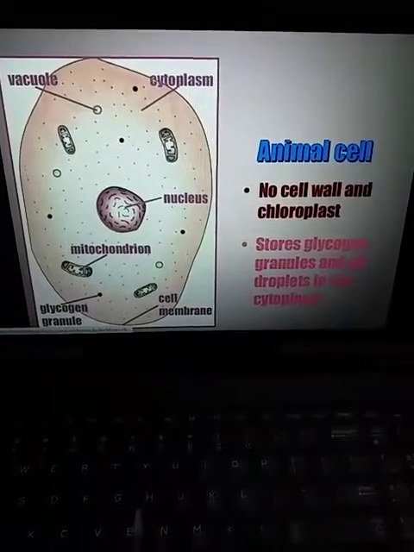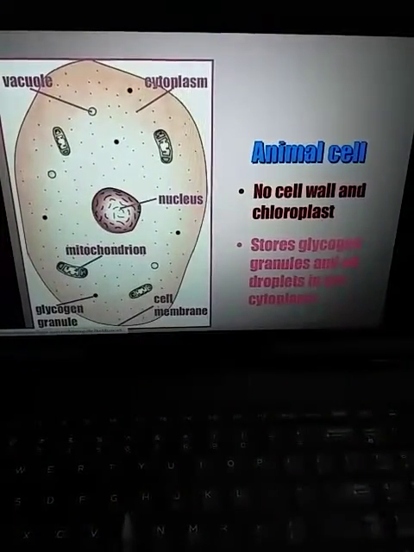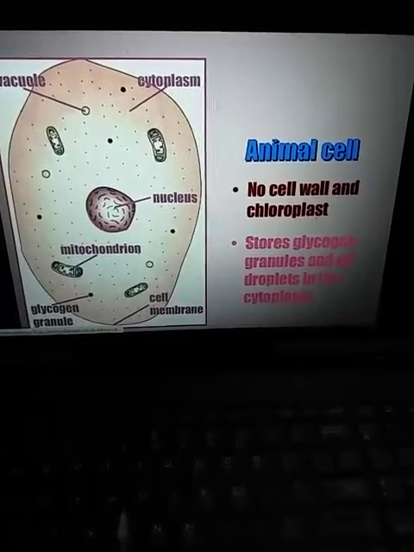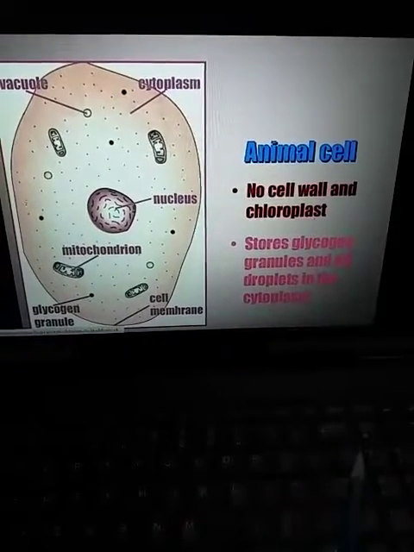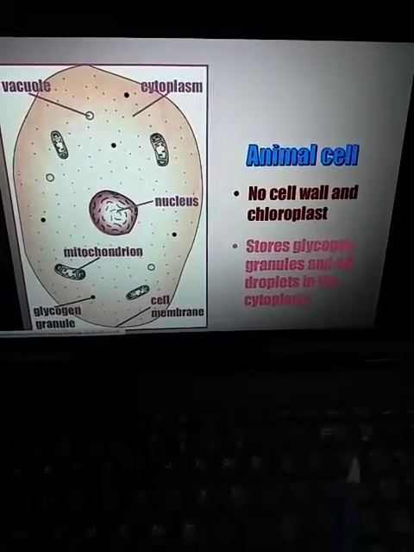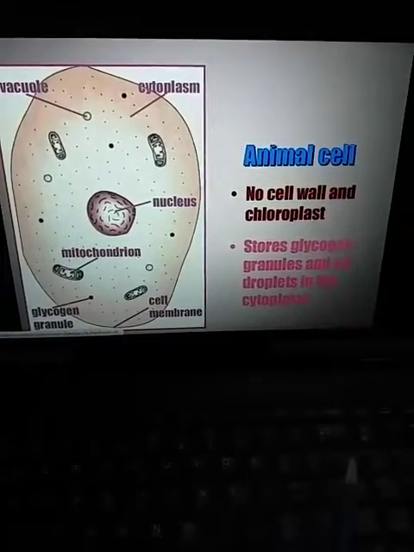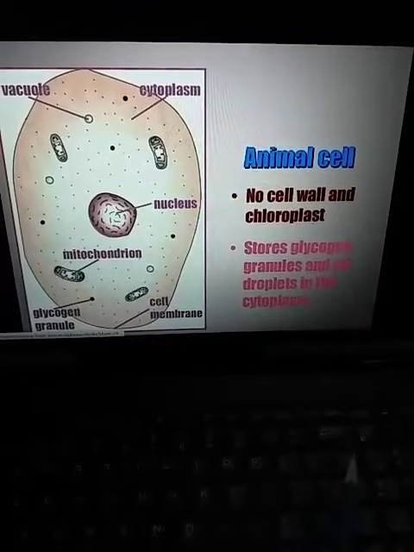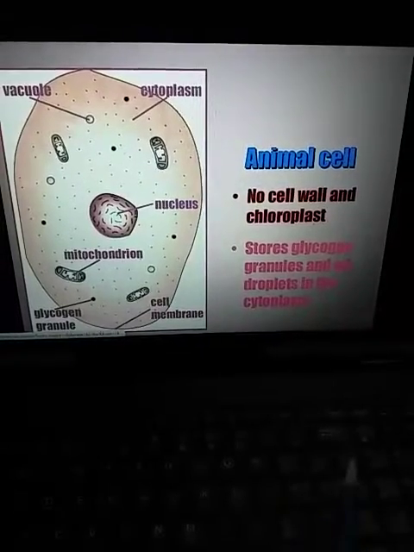Here again we are looking at the typical structure of an animal cell, and we will see the details of the animal cell structure. The animal cell has no cell wall and no chloroplast. As you know, the outermost boundary of the animal cell is the cell membrane, not the cell wall. The cell wall, which is a more rigid structure compared to the cell membrane, is a characteristic of only the plant cell. Chloroplasts are also not present in the animal cell because they contain the photosynthetic pigments used for capturing the energy of sunlight during photosynthesis.